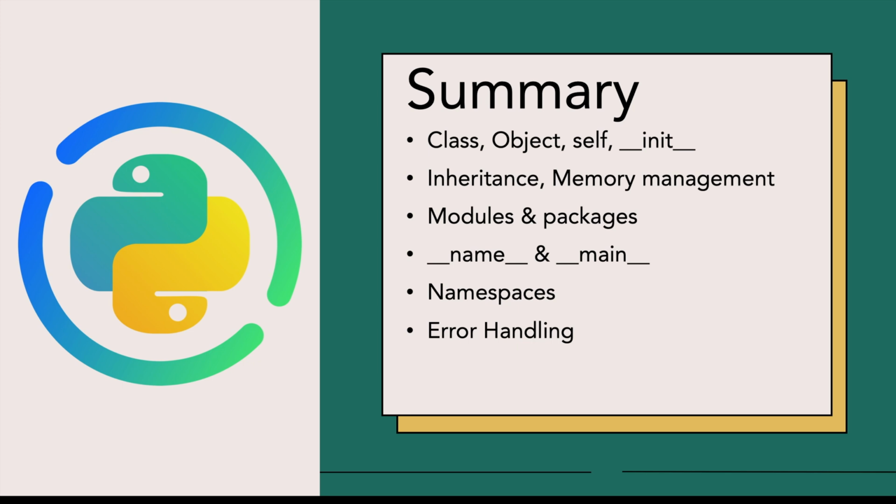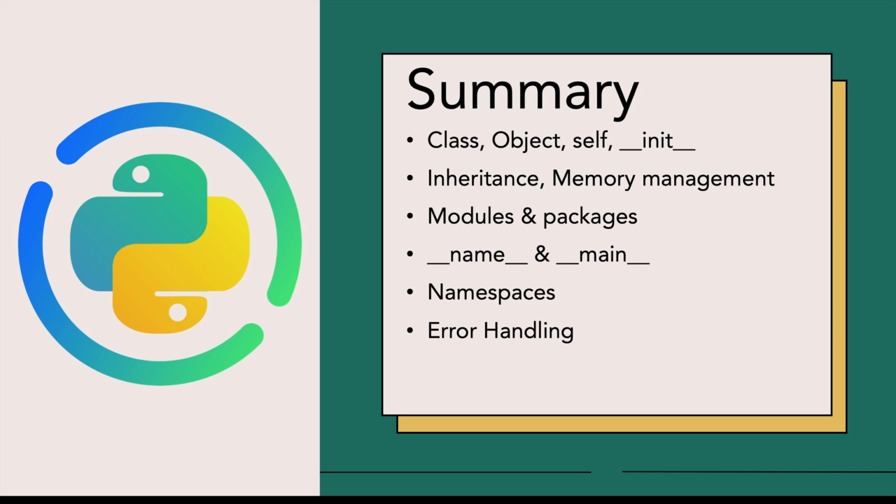Then we talked about init function, or init method rather, which automatically gets executed whenever we initialize an object using a class. Then we talked about inheritance. So we can create class from another class, and all the properties of the base class or the parent class would be copied over to the child class. And you can have additional members in the child class also, meaning we can have additional variables and additional methods in the child class. Then I showed you how memory management in Python works, the heap area, the stack area,